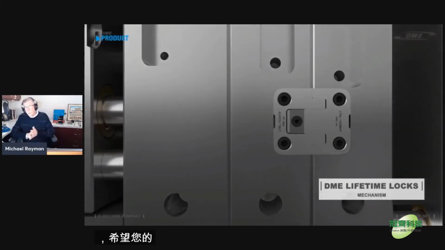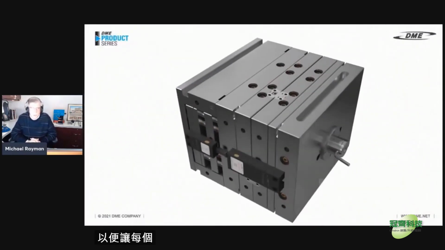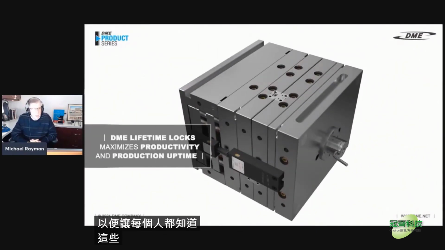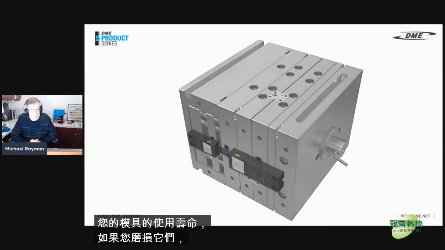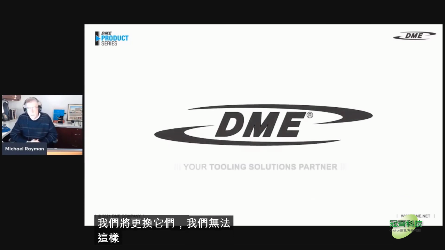And hopefully your mold will run as smooth as that. So to let everybody know, these locks, the LT stands for the lifetime of your mold. We'll replace them if you wear them out, which we haven't been able to. So with that,